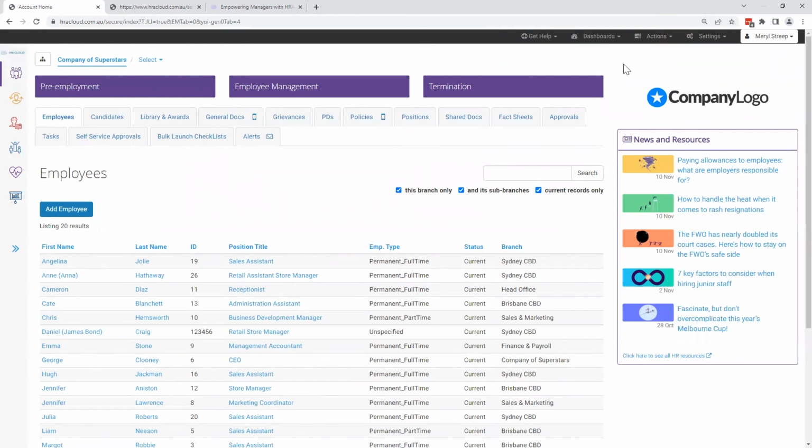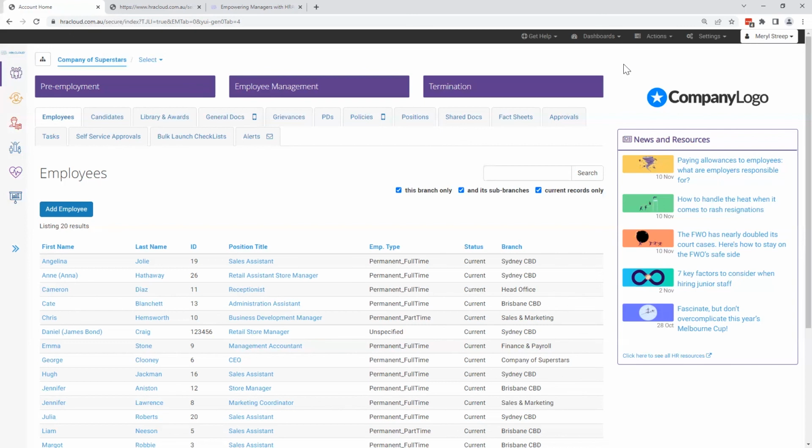For ongoing use and new candidates or employees, you'll most likely provide access through a task in one of our checklists in your onboarding process. And this could be from the pre-employment documentation checklist, create an employment agreement, or the employee induction checklist. If a worker is assigned to a task from within one of our checklists that needs to be completed in ESS, HRA Cloud will automatically send the worker an email to register for their self-service access so they can then complete that task. The worker will need to have an email address saved on their profile for the system to be able to send them an email.